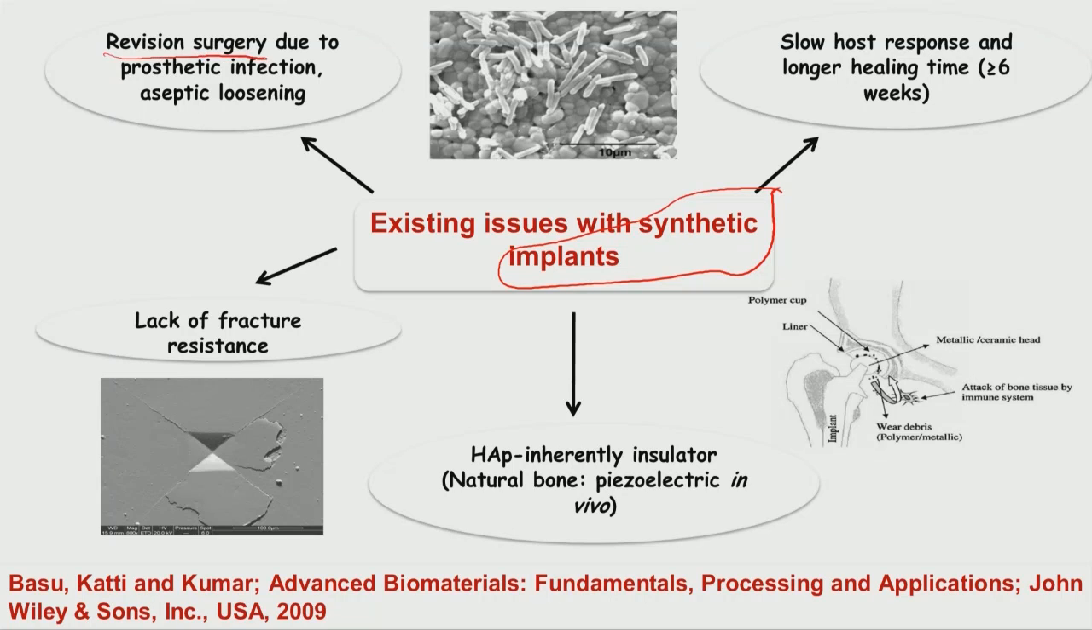is primarily due to prosthetic infection or aseptic loosening, and revision surgery means a patient has to undergo again one surgery at the same anatomical sites where the patient has already undergone the primary surgery. The second one is that once a patient receives an implant material, typically most of the commercially available implants, they elicit very slow host response, and therefore longer healing time like 6